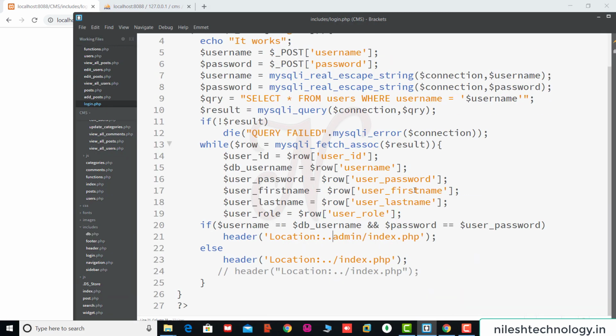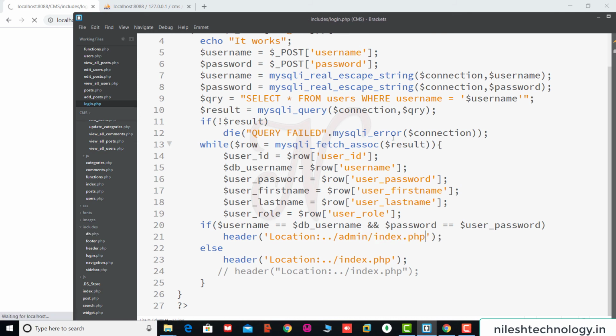So see here, I think there is no need to call the index.php file. Okay, so we directly call here the index.php file because you are in the user section, and here, okay, so we test here.